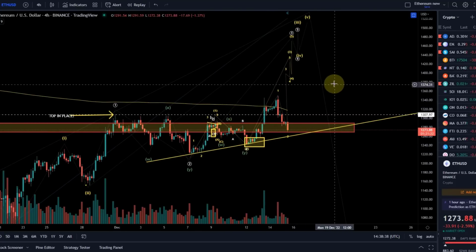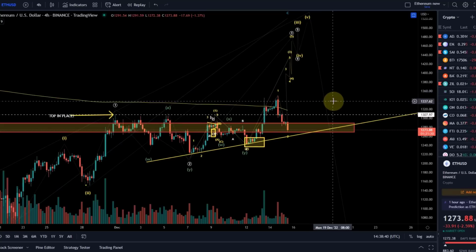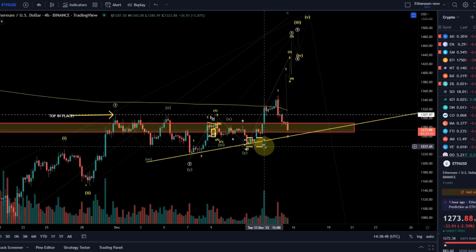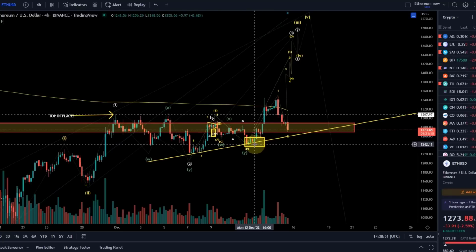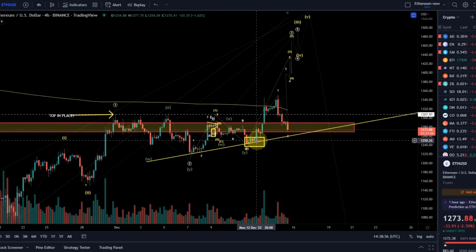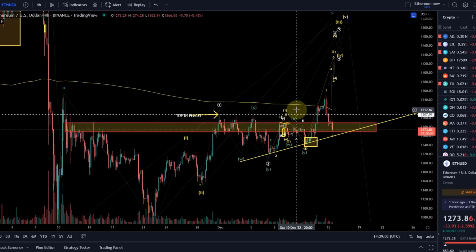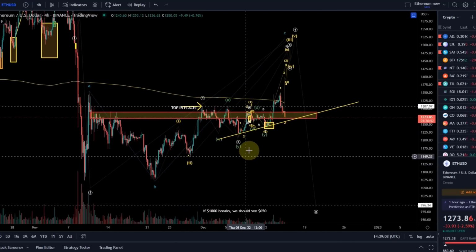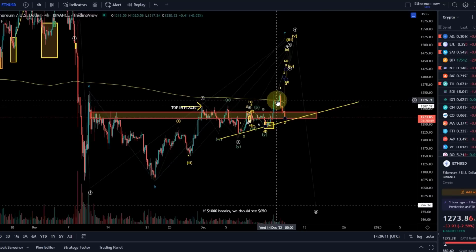So very important would be that we are also holding the swing low here from Monday, which is at, to make it very exact, 1242. We need to hold that level. Yeah, if we drop below that, it will also create problems for this diagonal pattern. So yeah, there are still bullish patterns obviously available. There's one. Okay, maybe let me show you, for everybody who wants to get a bit confused, the other diagonal pattern as well, which